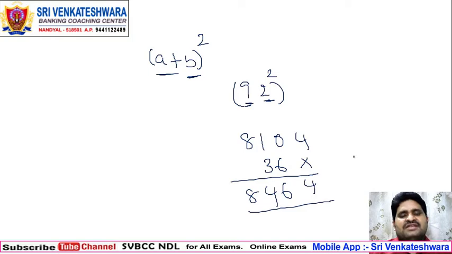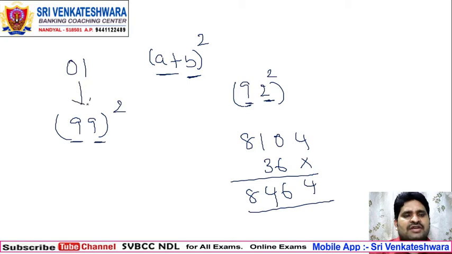So simply this is how you take a square, and this method is only applicable up to 99 here. Why? Because we are taking only a and b, a square, b square, like that. So from 1 to 99 we can take all the cases in this method. Clear? So that's method 1 in the case of squares.